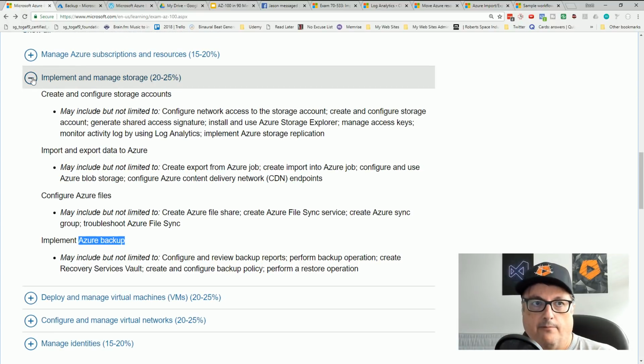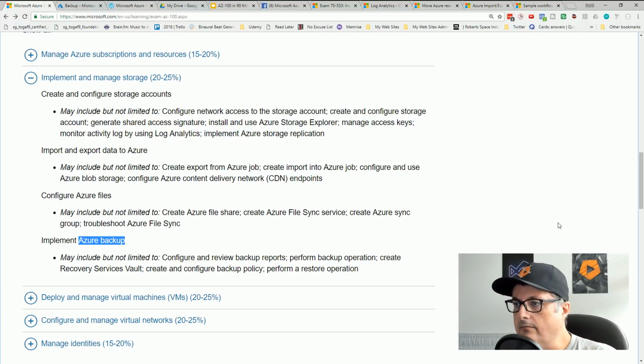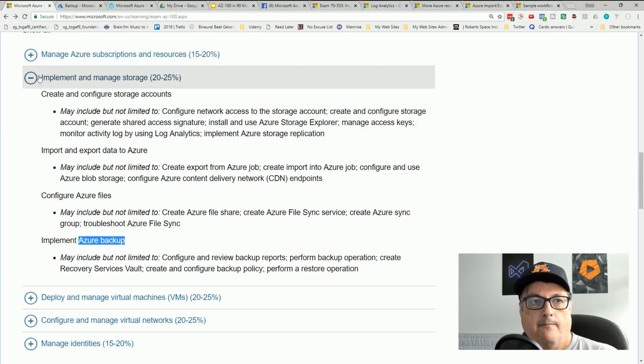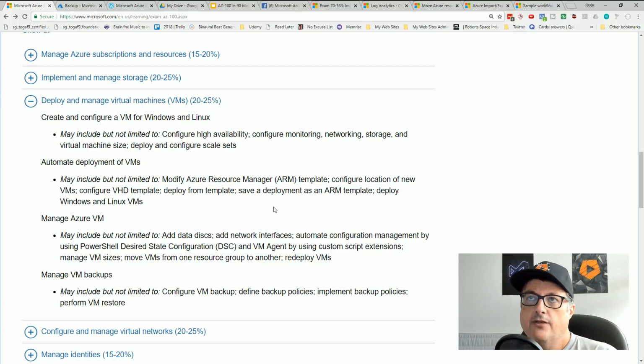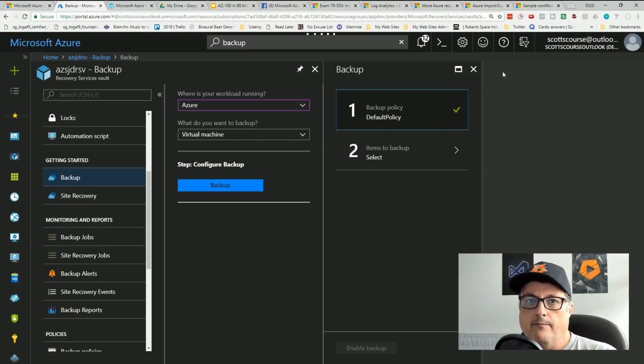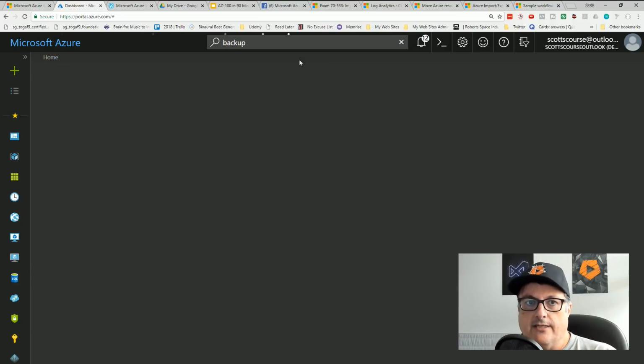Okay, so that's important as an administrator. How are we doing on time here? Man, this is running a little long. We're going to skip ahead to the next one. Now, virtual machines. To me, this should obviously be the most familiar. Creating virtual machines.